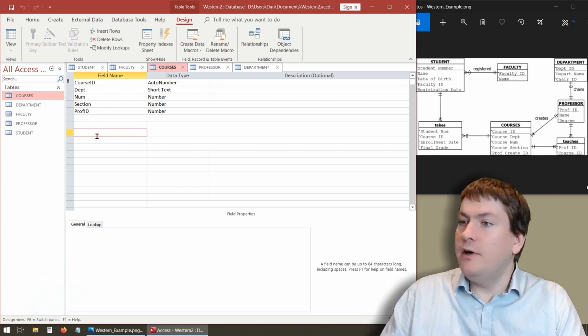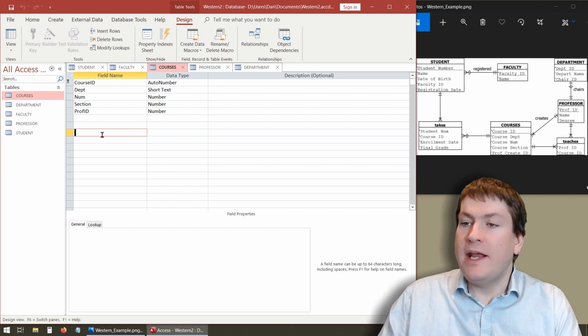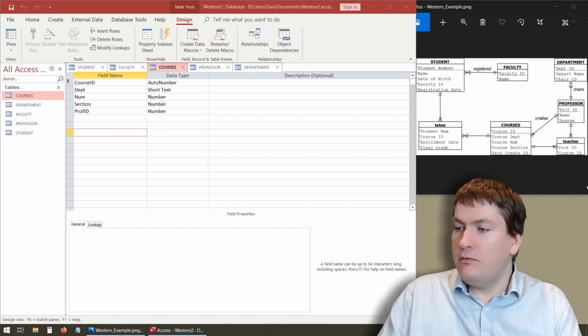So now that we have all the object entities in,